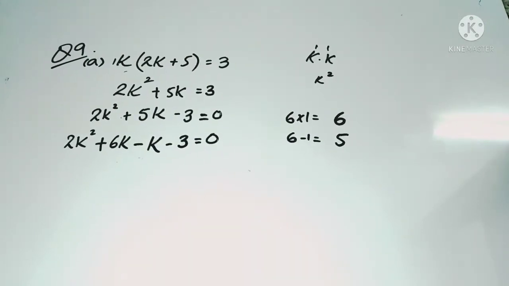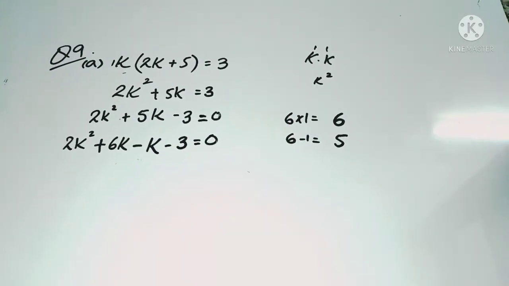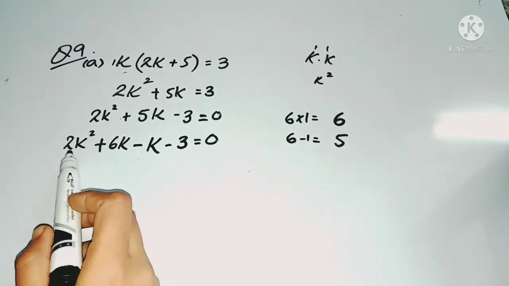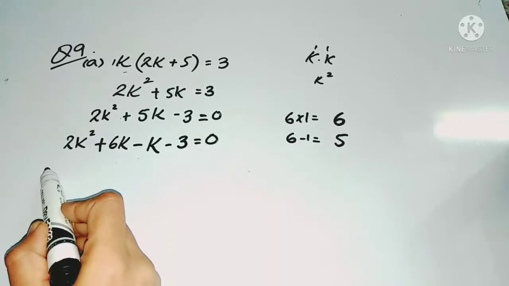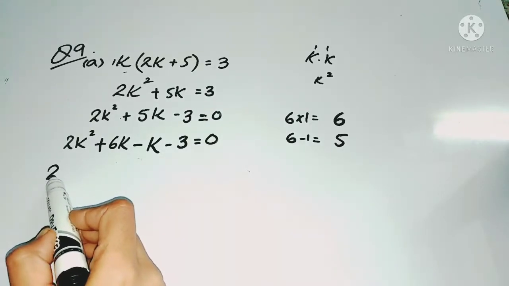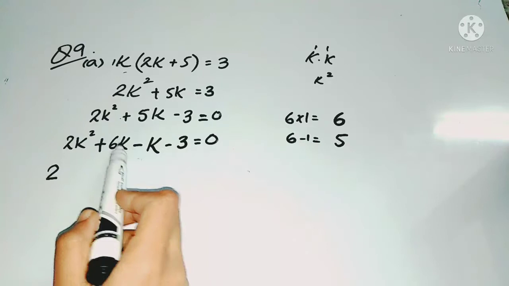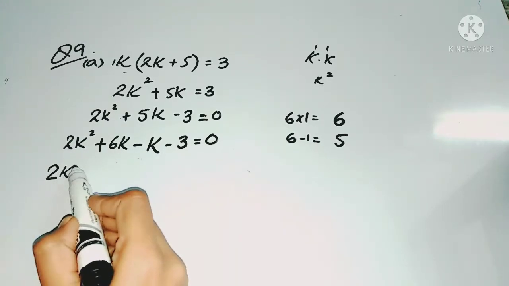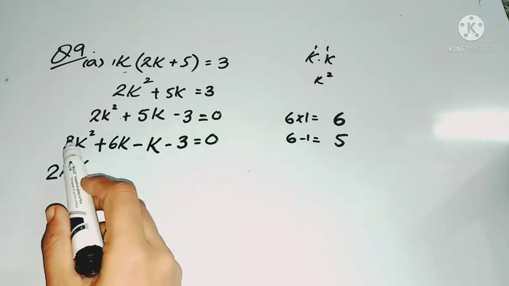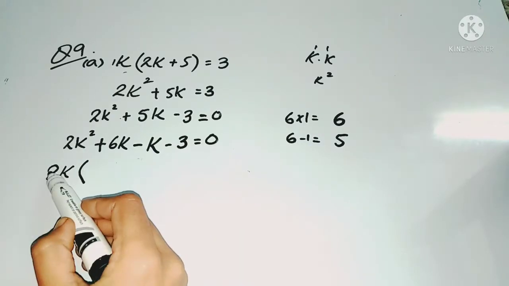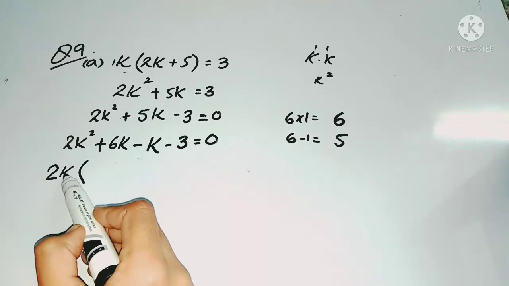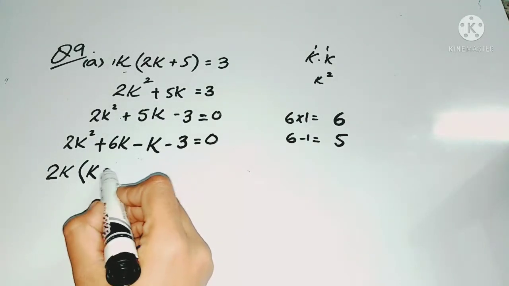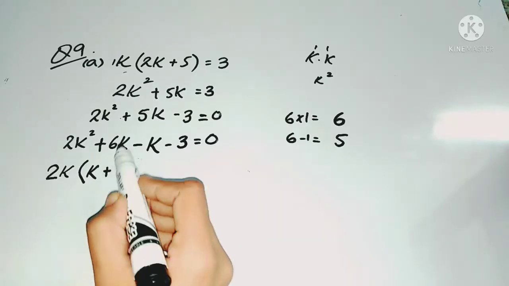Okay, students, now as you can see that we can take common. Okay, what you can take common from the first two terms, as you can see that 2 and 6 both numbers are divisible by 2. So you can take 2 common. And k square and k. So k is also present in both terms, so you can also take k common. So what's left inside it? This is k square and this is 2. You have taken 2 common, and this is k square. 1 k you have taken common, so 1 k is left. And which time 2 is 6, it's 3 times, so you write down 3, and k you have taken common.